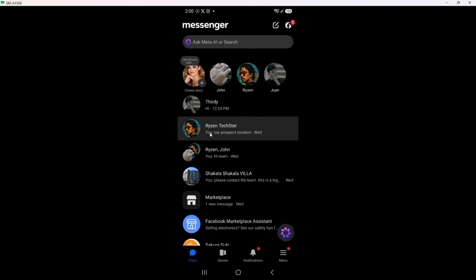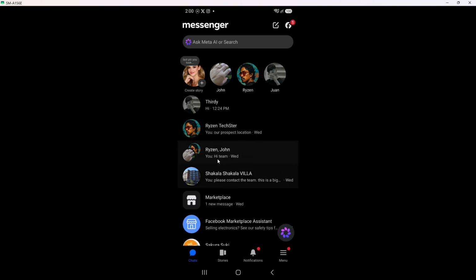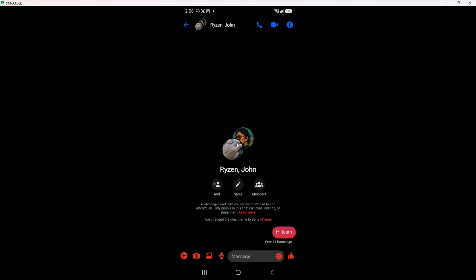Now open the conversation you want to customize. Tap directly on the chat where you want the new look, whether it is a one-to-one chat or a group. The conversation view should slide in, and you will see the full message history, the text box at the bottom, and the toolbar with icons like camera and stickers. Take a second to confirm you are in the right thread so you do not end up changing the theme for the wrong person or group.